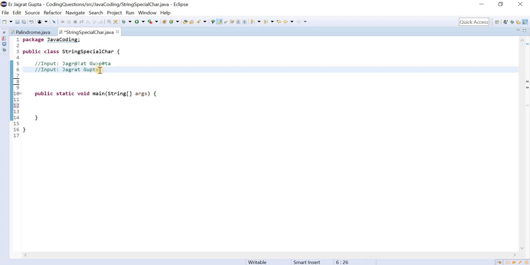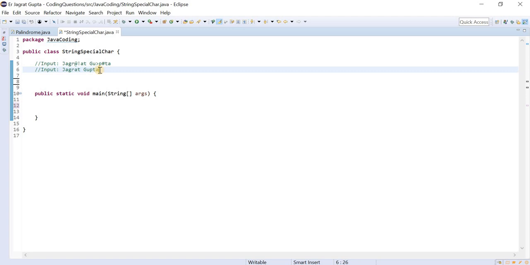So basically there are two approaches. The first approach is to use the ASCII values, which is a very layman approach, and I don't suggest that you use it, but I will tell you. The second approach is the character class that I have already shown you in the previous sessions. With the help of these two approaches, we will build our program and see how we can solve this problem.